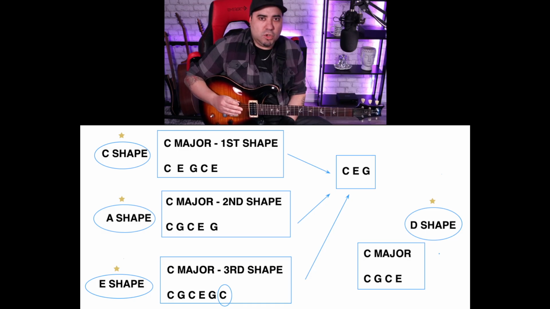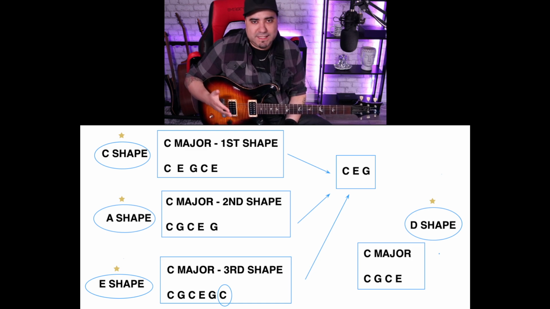Let's take a look at the notes that we have in this chord. You will probably see the same notes as we played before: C, E, and G, root, third, and fifth. Let's check it out. So C,